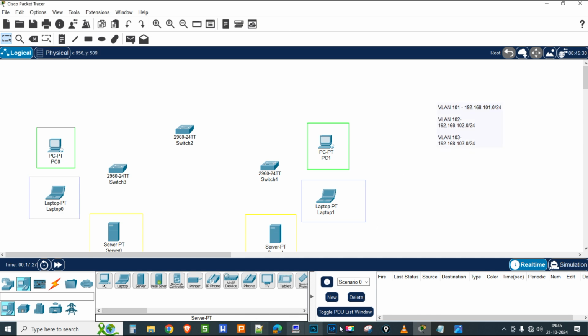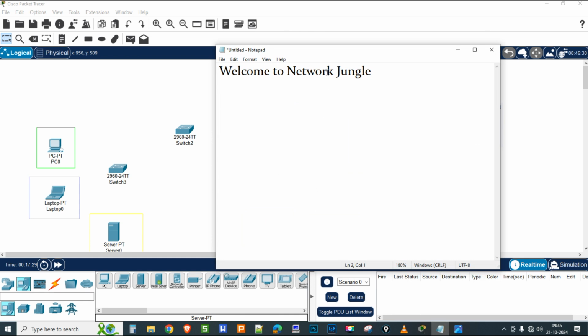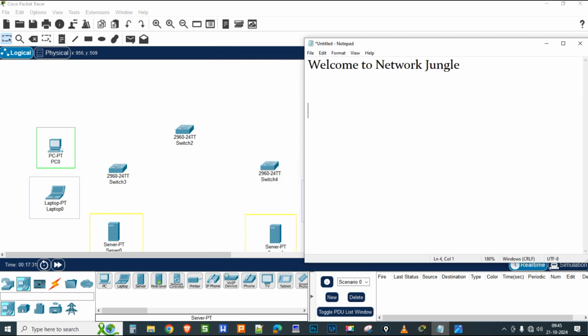Before that, I can use the notepad just to copy and paste the VLAN details. This is the enable mode. Enable is used to go from user mode to privilege mode. After that, global configuration mode, config terminal, then VLAN details, 101 name,